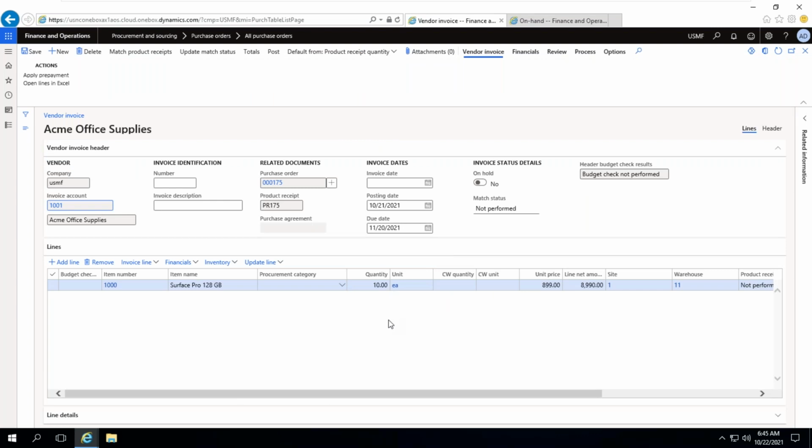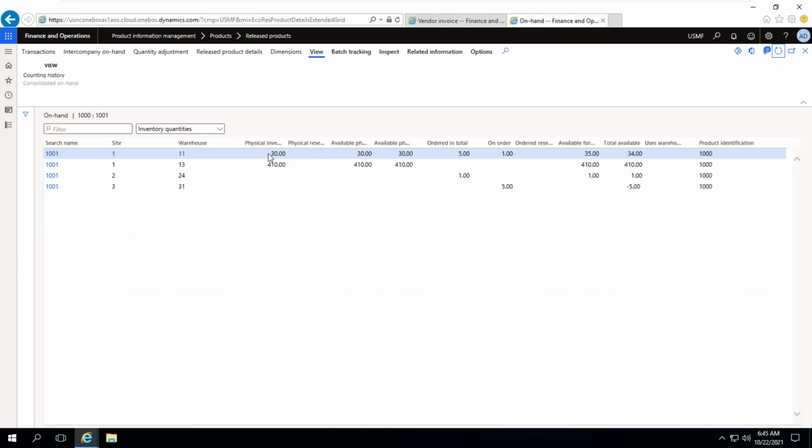Okay. Got it. Now, Satya, one more question. You said that the product receipt on hand will increase after the purchase order is confirmed. Now my question is, you are showing it as physical inventory, which means the product has been received by the company.